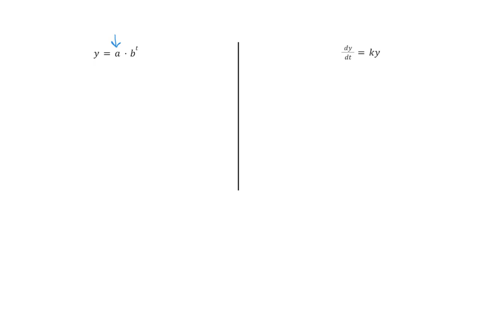And we're going to start, I'm going to take the derivative of this. So dy, with respect to t, is equal to, so let's see, do you remember how to take the derivative of an exponential function? It's a times b to the t times the natural log of base b. So as you can see,